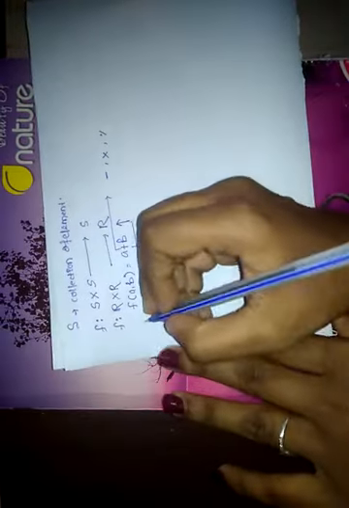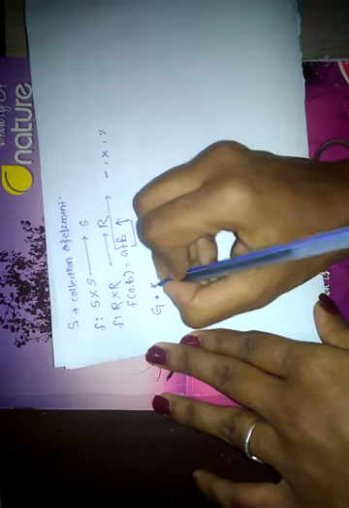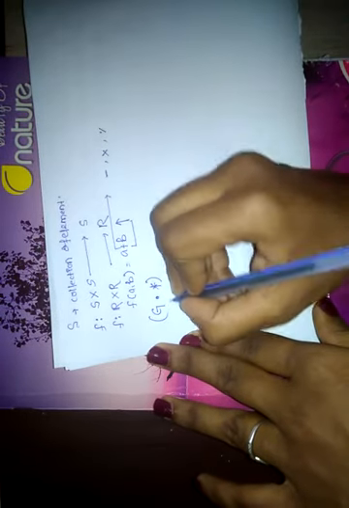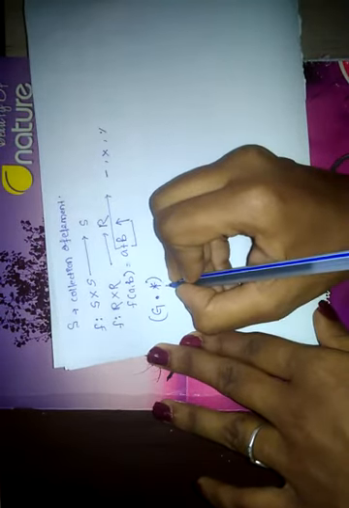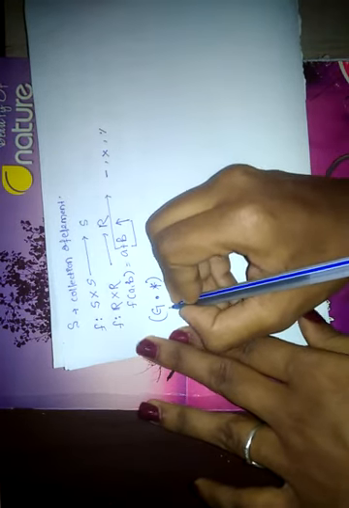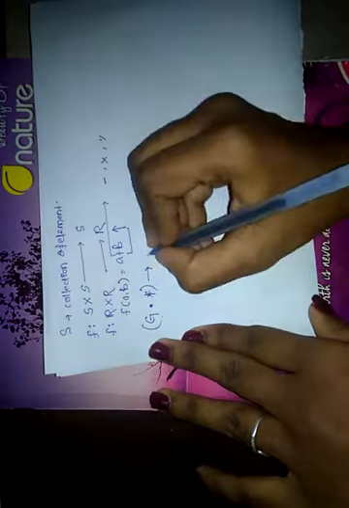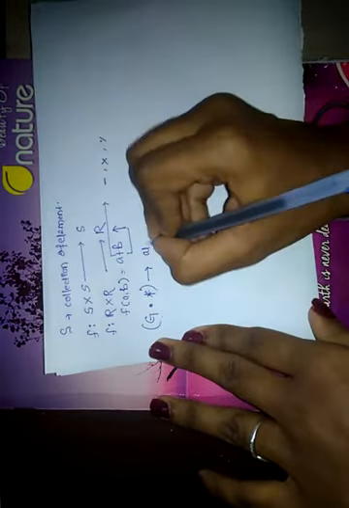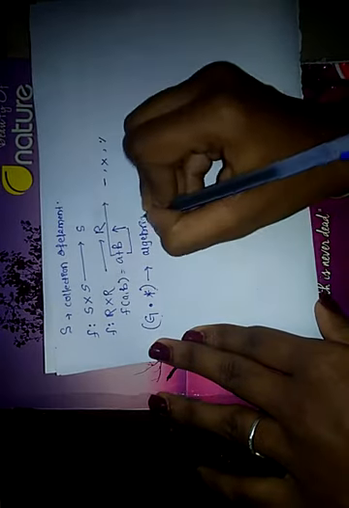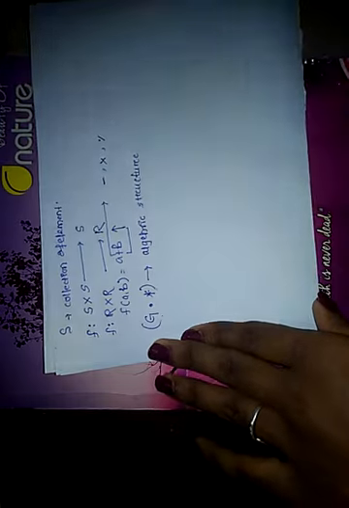Now, when a set G is equipped with such an operation, say star, that means we are going to perform this operation star on the elements of this G, then such a structure is known as an algebraic structure. In group theory, we are going to deal with such structures.